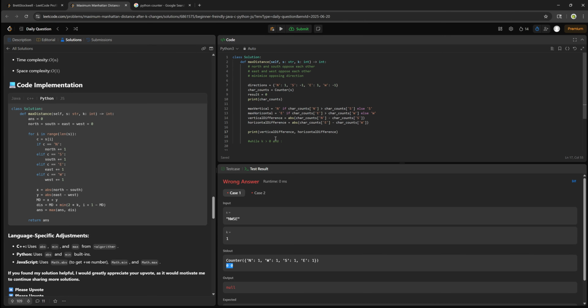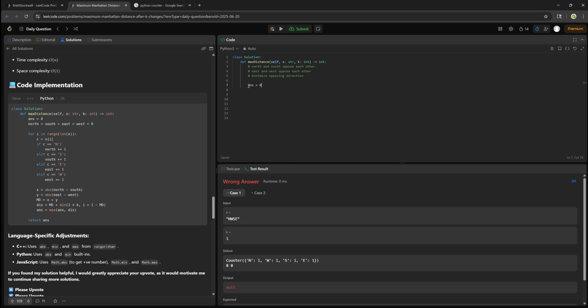Okay. Answer equals 0. And then north equals south equals east equals west equals 0. For i in range length of s, c equals s of i. What is c? Current. If current equals north,